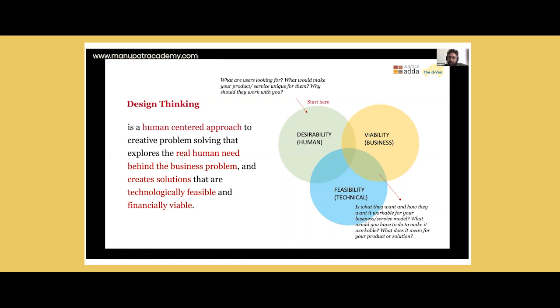Secondly, we need to also see whether it is feasible to actually accomplish this. What are the kinds of workable solutions that we could ensure, taking into account the fact that when we provide such a service, it may have to be in a particular context? And then thirdly, viability. What are the kinds of business and financial aspects that will go into ensuring that such a product and service can actually be delivered?